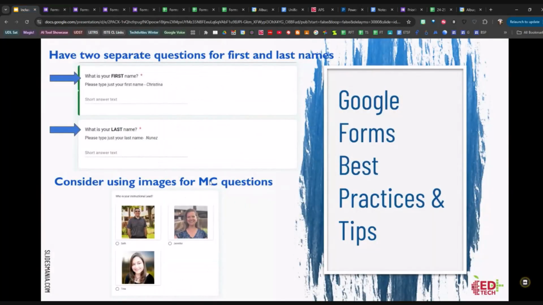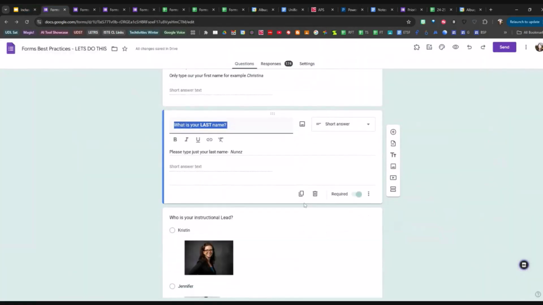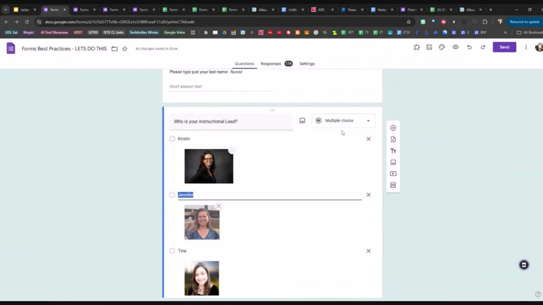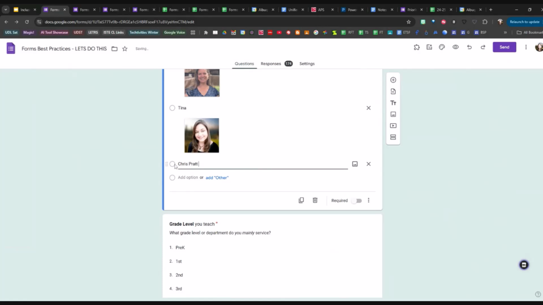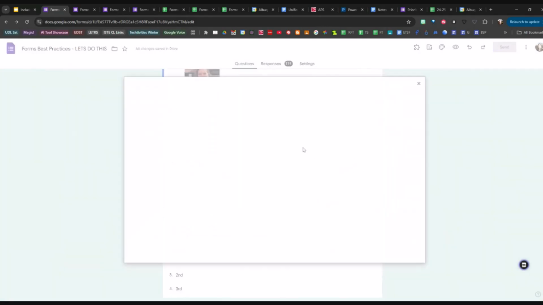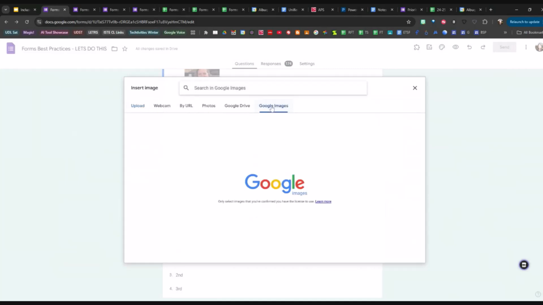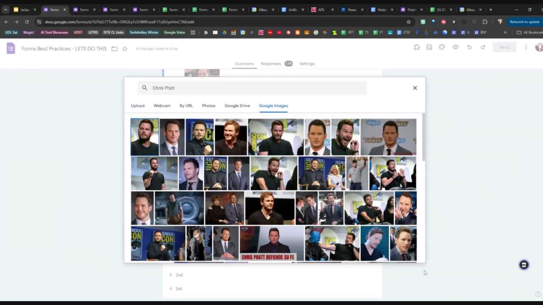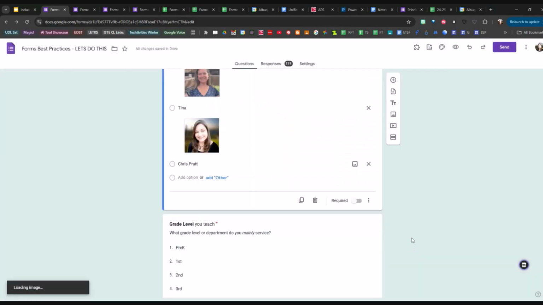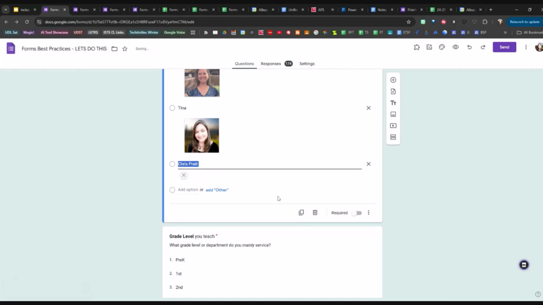so that way I can sort by either one of those options. The other thing is consider using some images. So to do that, you are going to want to create a multiple choice question. Once you add an option here in the multiple choice and you hover over that, you have the ability to add an image right here. You can upload or select from your computer, or you can search Google Images, which apparently Chris Pratt has now